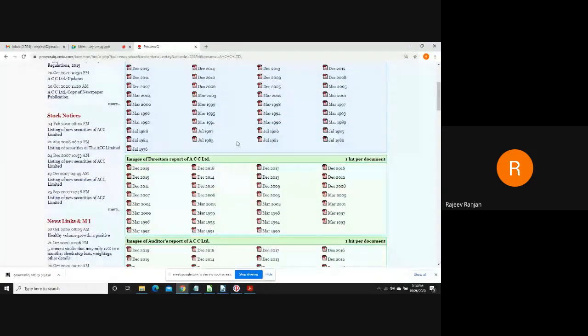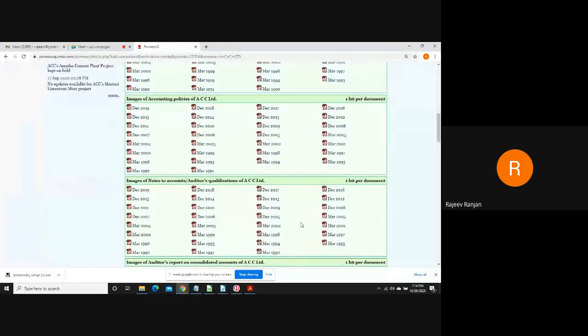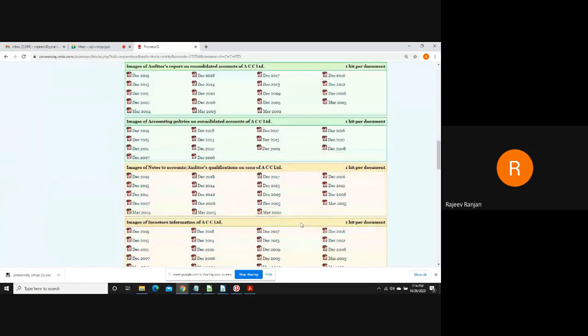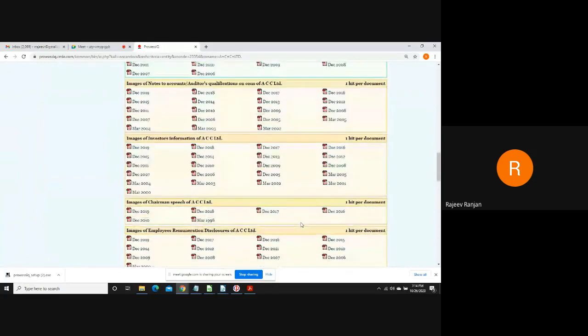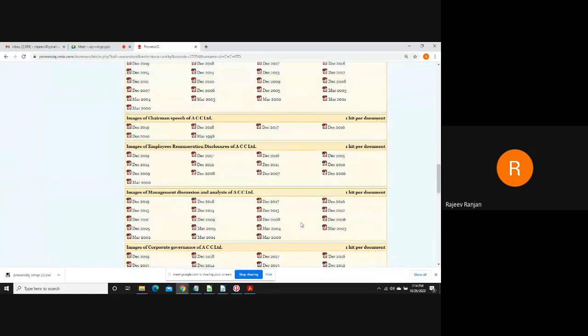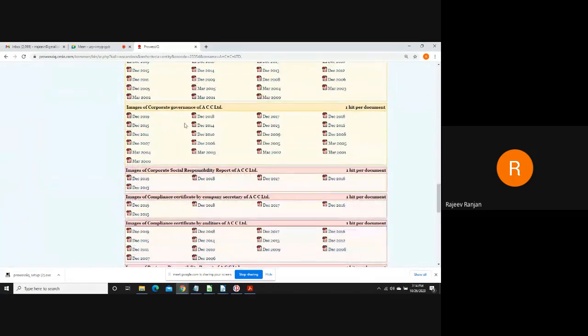For the ease of users, we have even given the extracts of the annual report, because at times you do not need the complete annual report. Someone would require the notes to accounts, which is a very important part of the annual report. Those working on corporate governance, employee remuneration, can find the corporate governance report a useful page to download and go through for the company. Depending upon the kind of data you're looking for from the annual report, the extracts can be used.